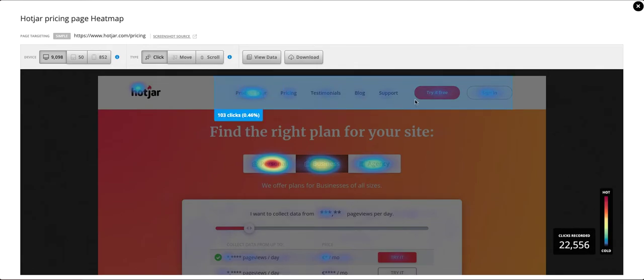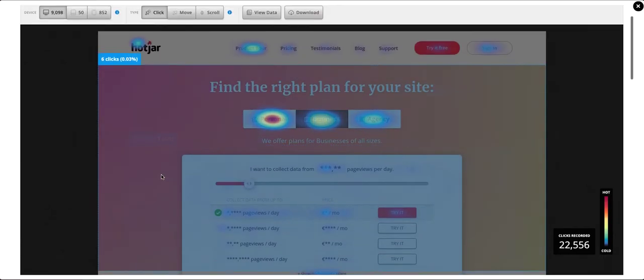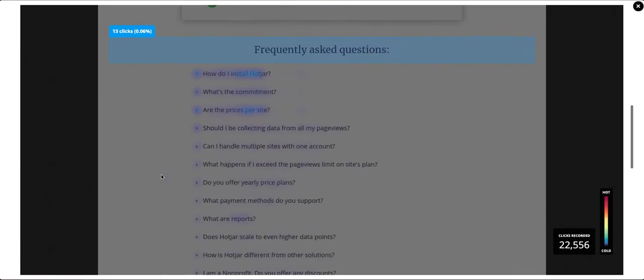have that higher click. It may be this try it free could be better positioned this end of the main navigation, just to get more traffic buying into it. So these sort of things are where we can identify and suggest things that could improve people's conversions and people's website traffic. So as you go down the page, you can see the clicks reduce naturally as people scroll down